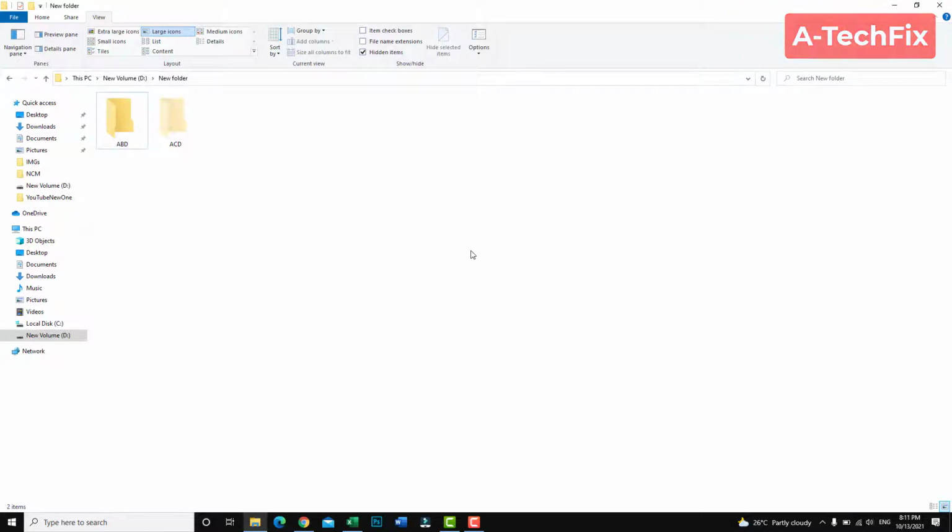To show hidden file on Windows 10, simply go to